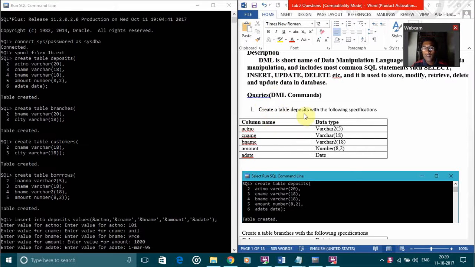So the first question given to us is to create a table deposit. They have given us a structure, so we have to make a table of this. In the run SQL command I have typed create table deposit with whatever parameters were given, and the table got created. Similarly, in this hands-on we are creating